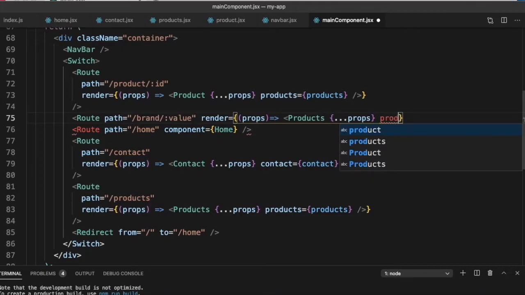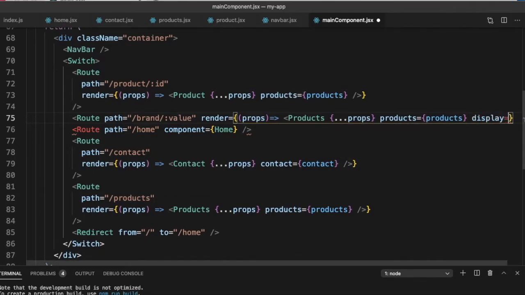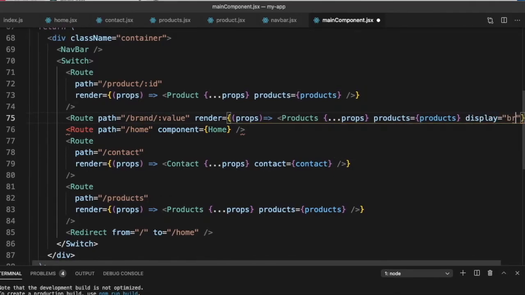Let's pass the products. And here we will pass another field to know that we are getting it from brand. So let's call it display is equal to brand.